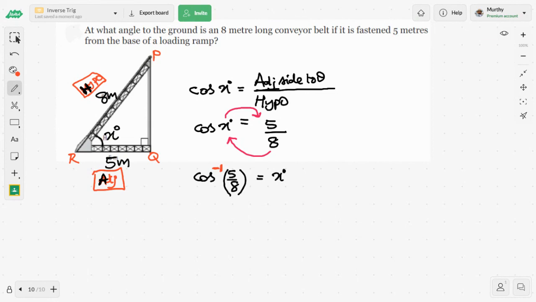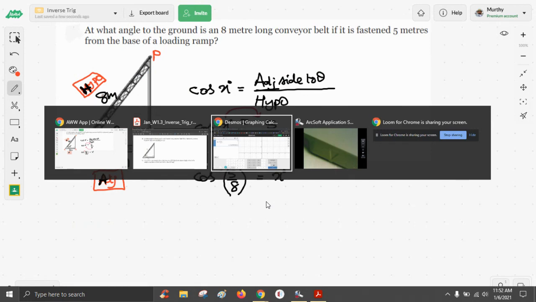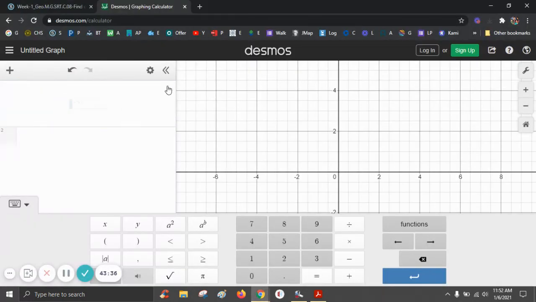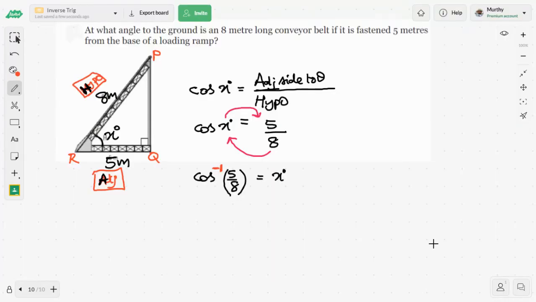Now let's go to the Desmos. Let me type cos, then click on a to the power of b, -1. Use the right arrow key, parenthesis. It is 5 over 8. That's giving me 51.31. Therefore, the value of x is